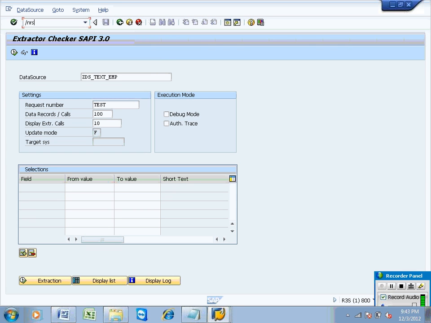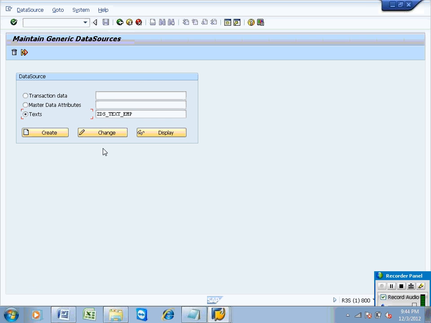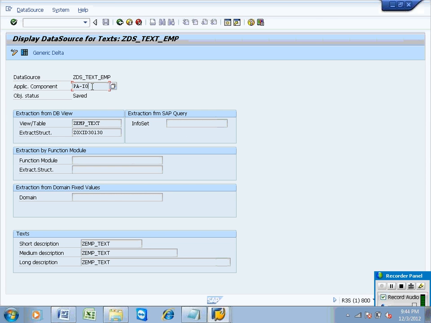If you go to /n RSO2 and display, this is your application component, right? CAIO.